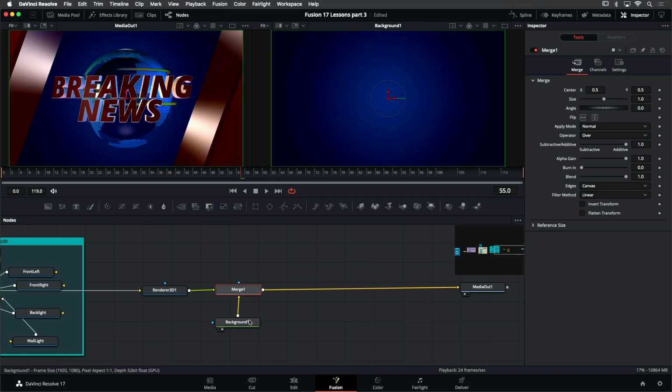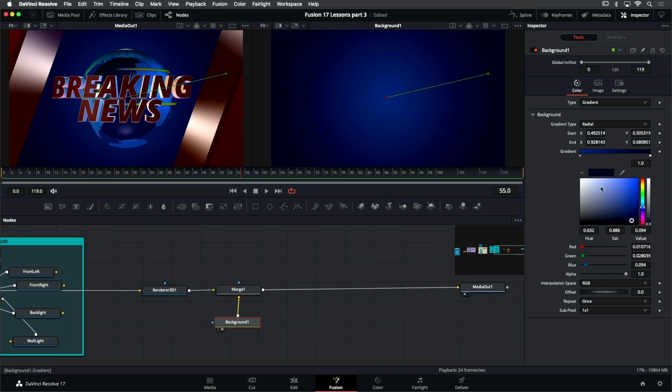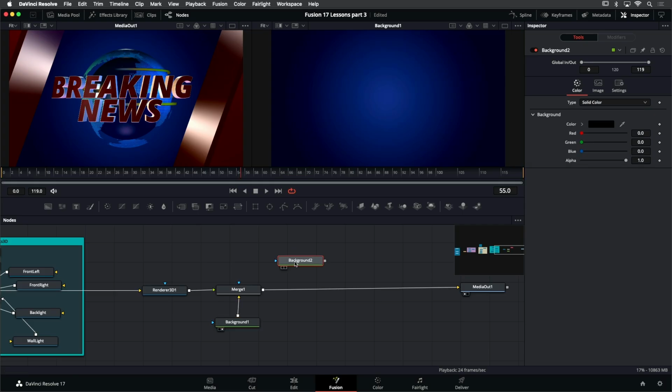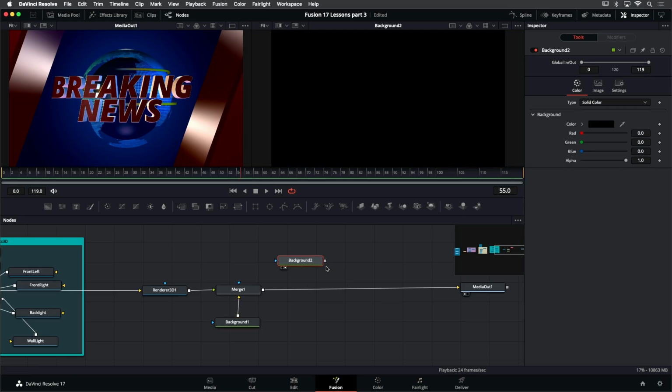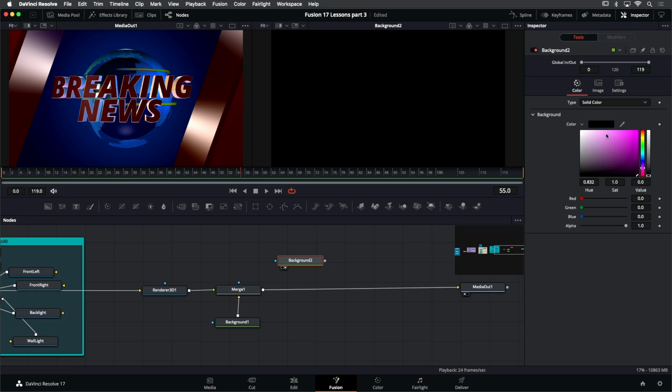That's pretty good. Maybe we can select our background node and just make another quick adjustment, selecting that triangle on the left, keeping it a little bit brighter. That's going to work just fine. I want to add another background node just because I love the background node so much. Press 2 to view that in Viewer 2. And let's change its color here to a little bit of a pink